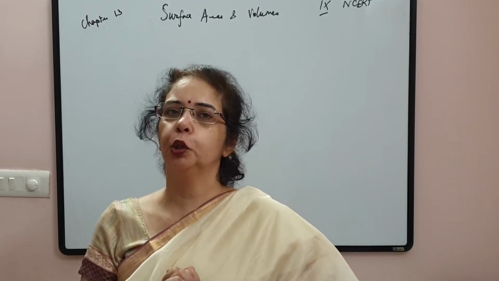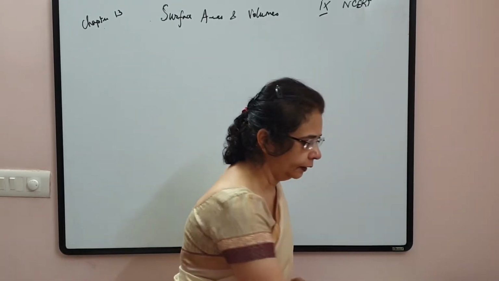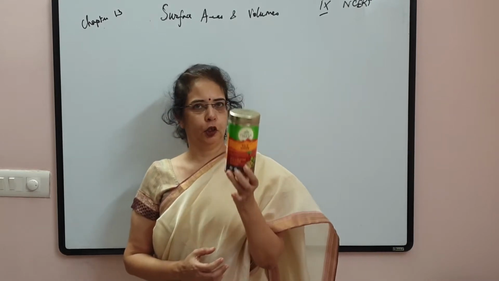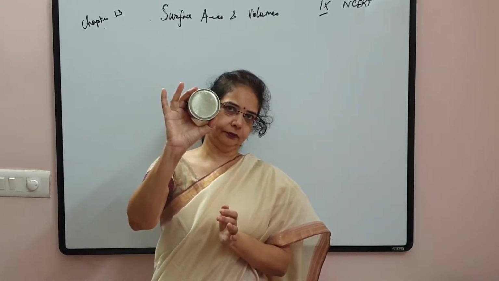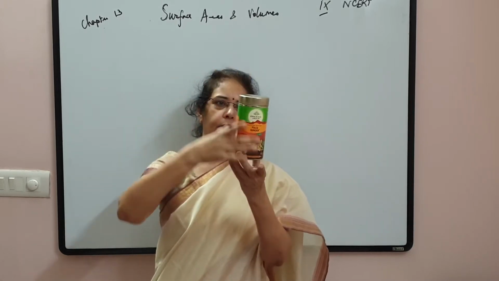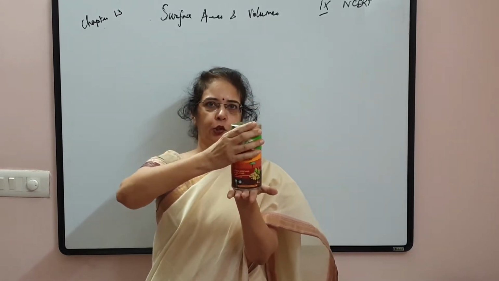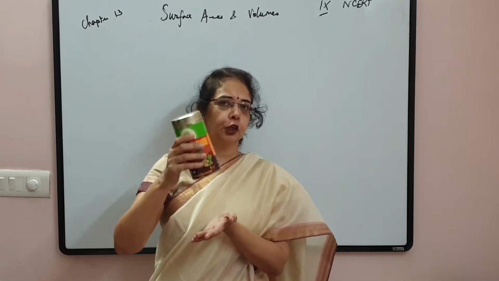That is the first thing that you have to understand before I teach you how to calculate the surface area of a right circular cylinder. What is a cylinder? This is the shape of a cylinder. This is a right circular cylinder. Why is it called a right circular cylinder? Because the base of this is a circle, and this is the height of the cylinder. It is based on the foundation of a circle. That is why this is a right circular cylinder.